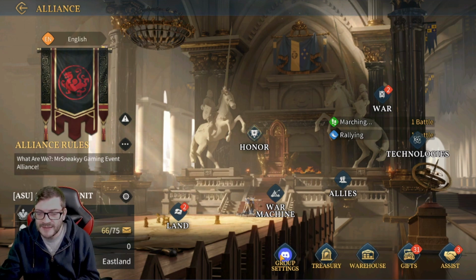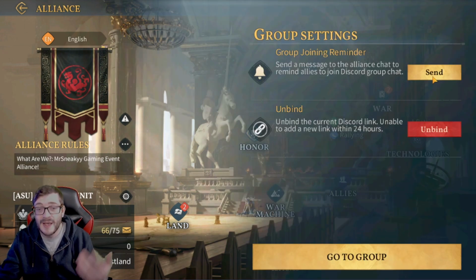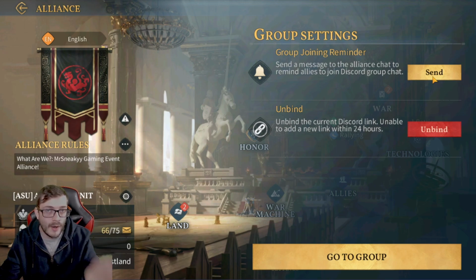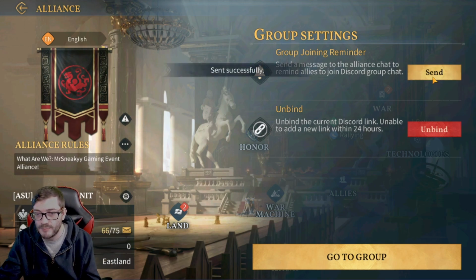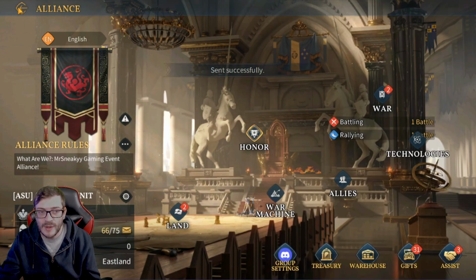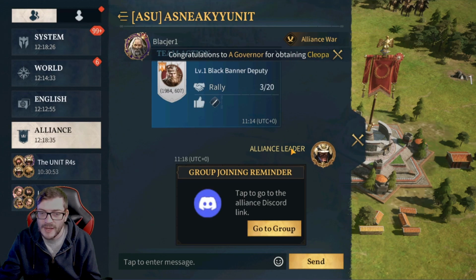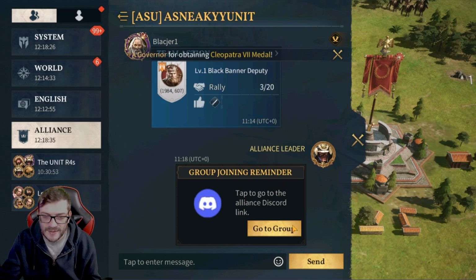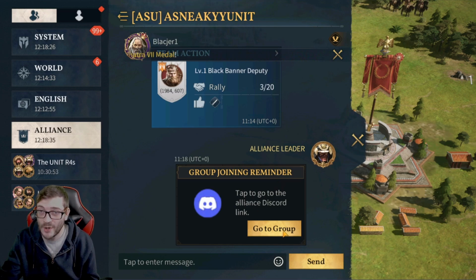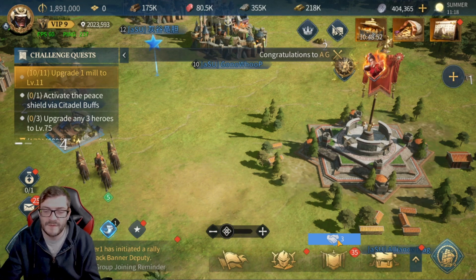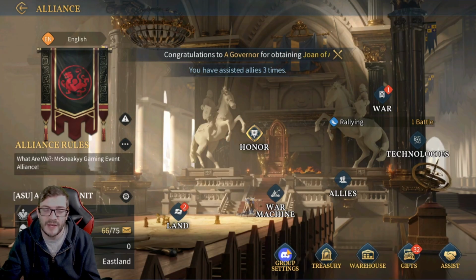And you can obviously set one up here by unbinding it. And again, remind your alliance members. You can press the send button here. And if we go into our chat menu, you will see a group reminder now in the alliance area saying join the alliance Discord, guys, and you'll be a part of it. So one amazing quality of life feature and tip and trick you need to take advantage of,